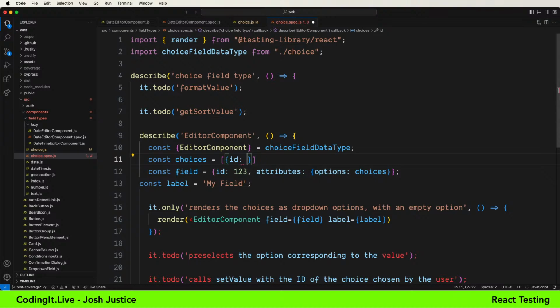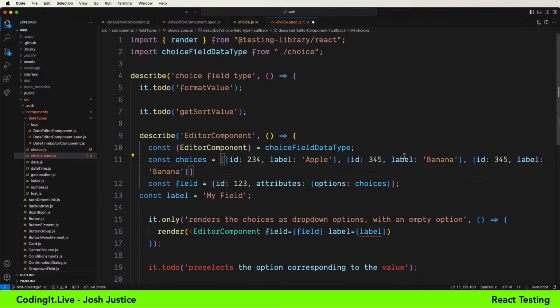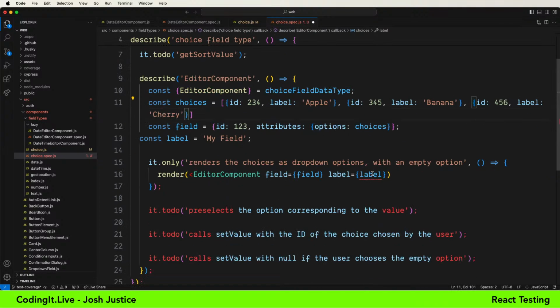We'll call this 2, 3, 4. Label equals apple. And then 3, 4, 5. Label banana. And then 4, 5, 6 will be a cherry. Those will be our options.